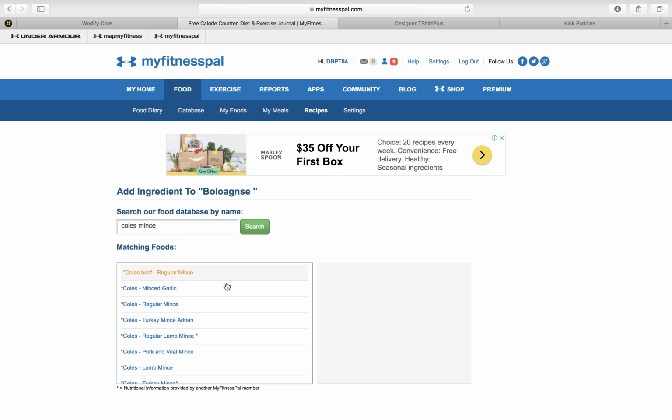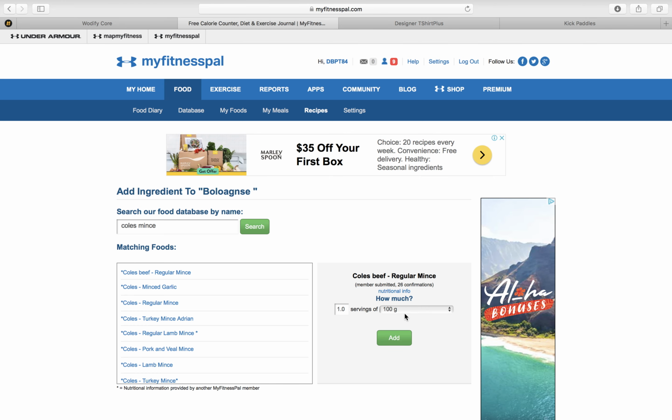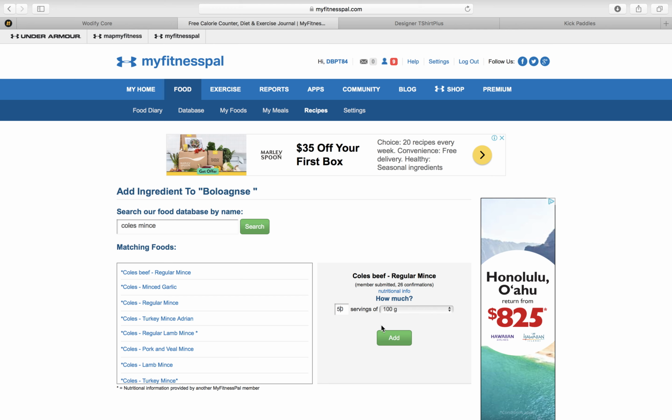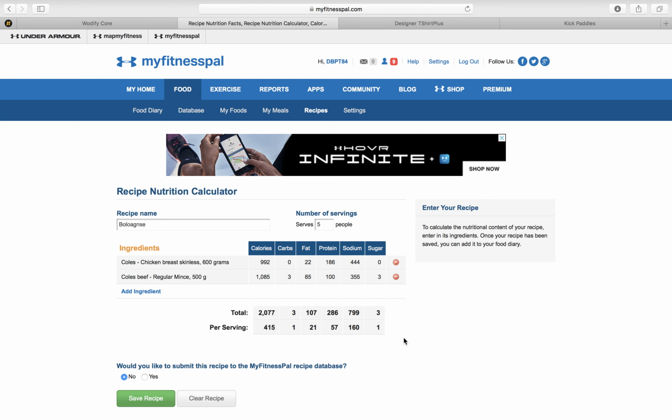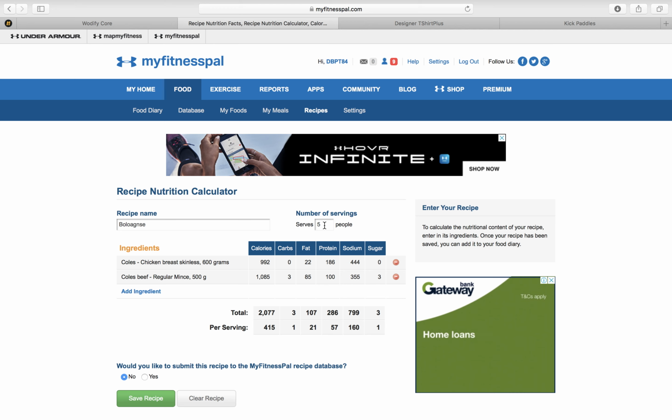Beautiful. So I got the regular one. Okay. We know I got a 500 gram container. So we've got 5 servings. And we add it in. So it tells you the total calories across, and I've put that up the top, number of servings. It's 5, okay? So that's either going to feed your family for dinner, or for me, that's 1 serving from Monday to Friday, okay? So the total calories of the whole meal is, I've